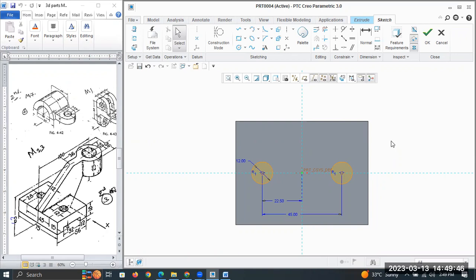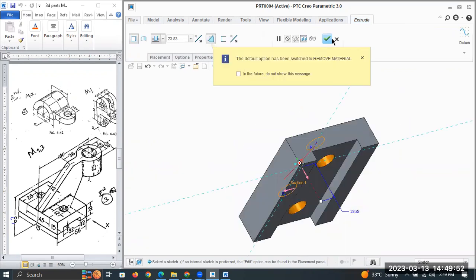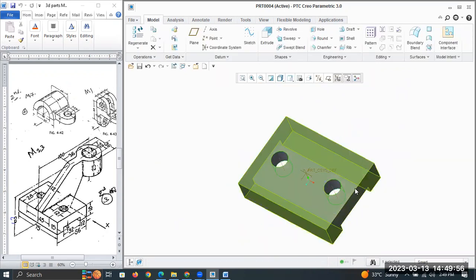So say okay, Control D, alter the direction. It is going to remove the material here. Say okay. Is that clear? This is my third version that I'm using here. Okay, till the second version there is no